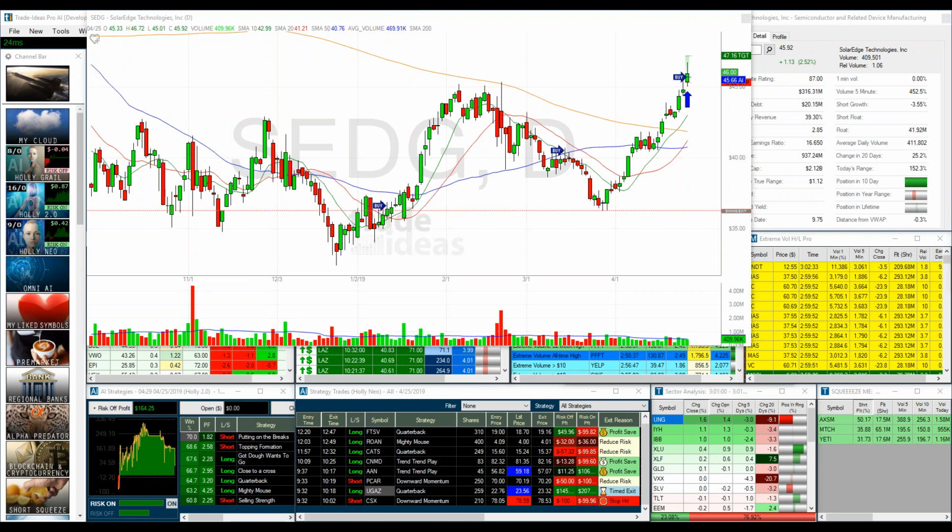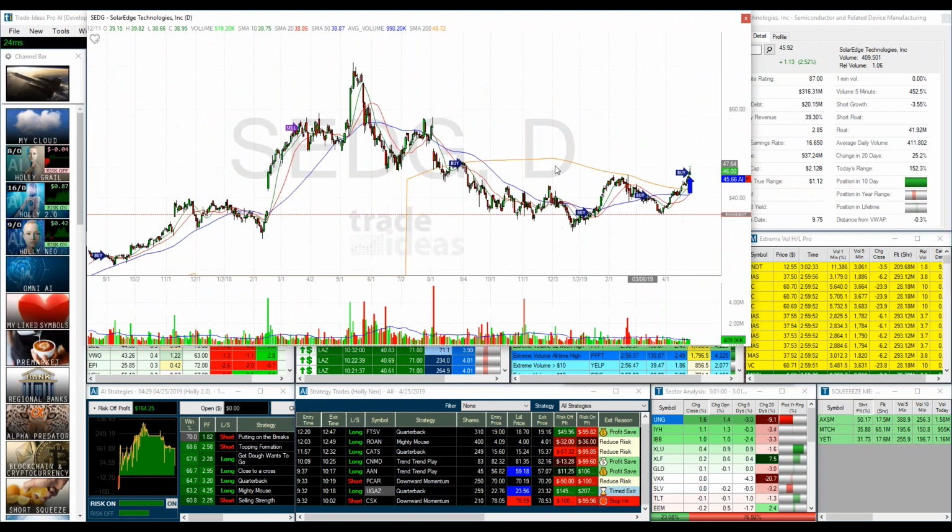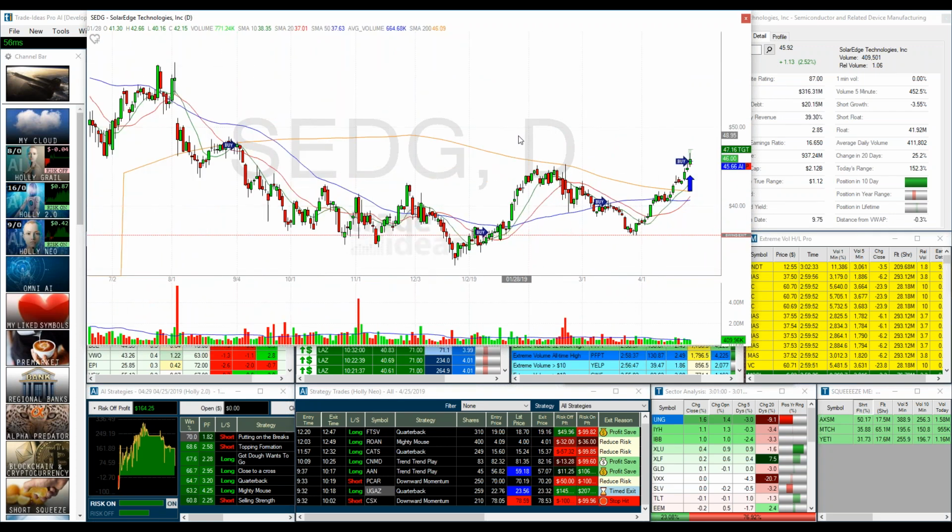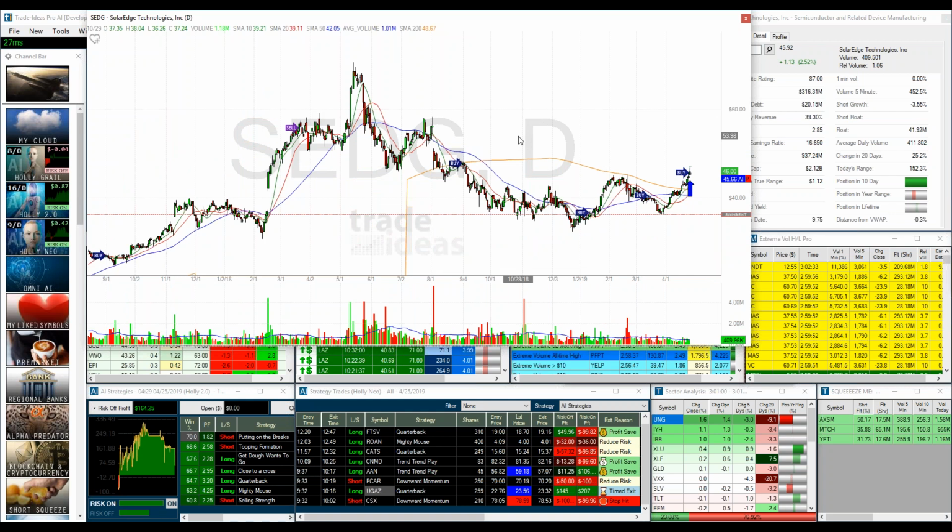Some other things I want to point out, the stops can be much more liberal though. You don't have to have these tight stops when you're trading versus when you're investing. Let's just use this SCDG, where as a matter of fact, when Jamie was talking about it, I pulled it up. Kind of nice looking bottoming pattern, kind of cupping right here. Maybe this could be a possible investment if you guys believe in solars. And it's coming up, hitting a multi-month high, looks like about a 7-8 month high.